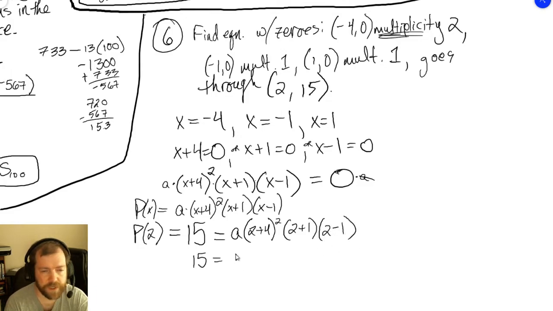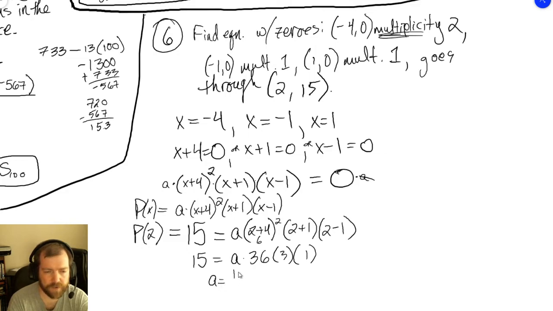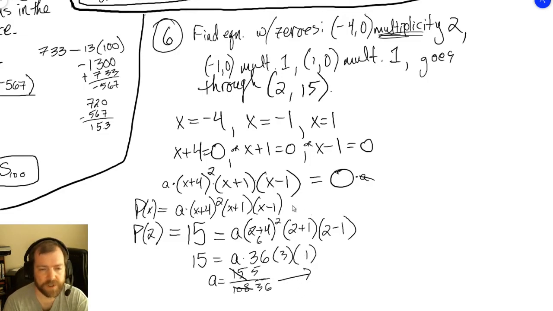This says then that 15 is equal to a times 2 plus 4 is 6, squared is 36, 2 plus 1 is 3, 2 minus 1 is 1. 3 times 36 is 108, and we can divide on both sides here. So a is going to be equal to 15 over 108, or we could have left it in factored form and said very simply the 3 will divide out from both pieces. So we'll be left with a 5 up top and a 36 on the bottom. So therefore, using this and this here,